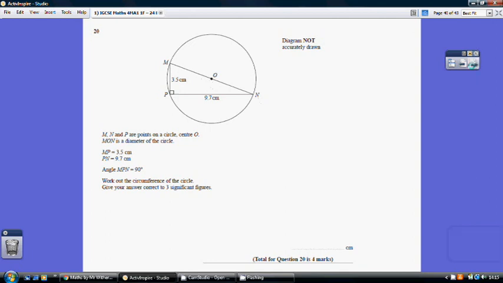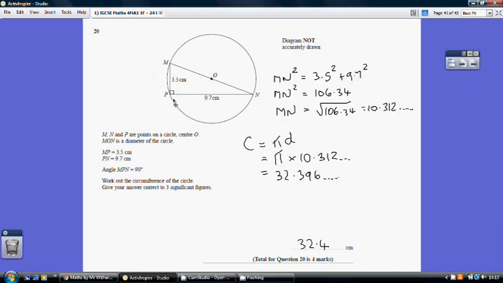Now what you need to do is to pick up that we can use Pythagoras. We've got a right angled triangle here, so we can say that our diameter squared is going to equal 3.5 squared plus 9.7 squared, which is 106.34. So if we square root this, we get the diameter MN being 10.312... Now the circumference equals pi times the diameter, so pi times our 10.312... giving us